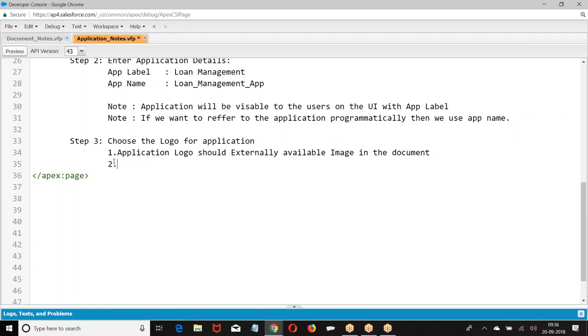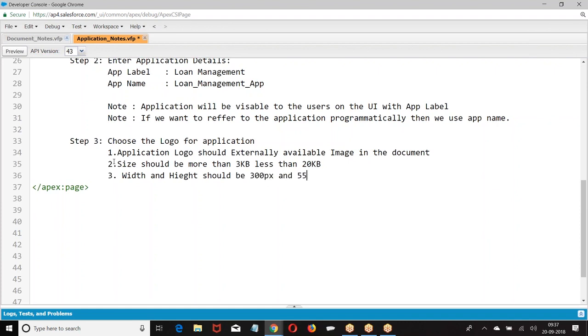Second, the size should be more than 3 KB and less than 20 KB. Width and height is an option.